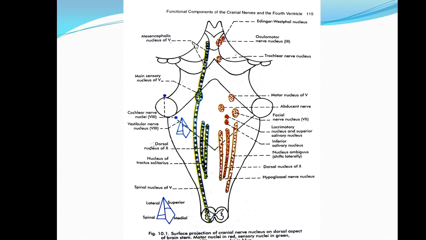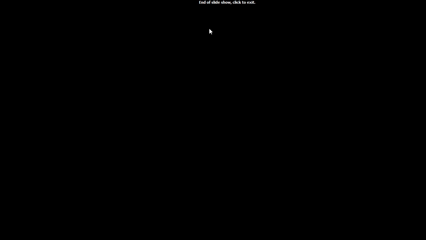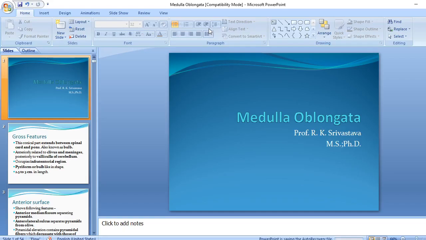These are seen on the posterior aspect of the floor of the fourth ventricle. You can see the sensory nuclei. You can see here the motor nuclei. So that is all about the medulla oblongata, its applied anatomy,